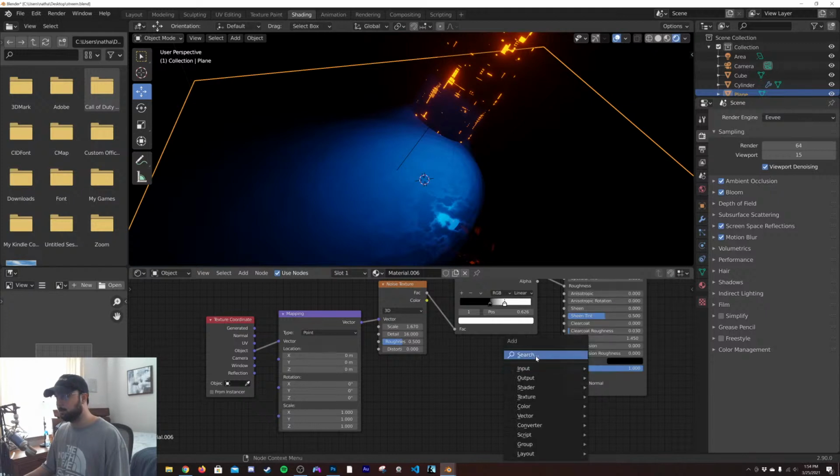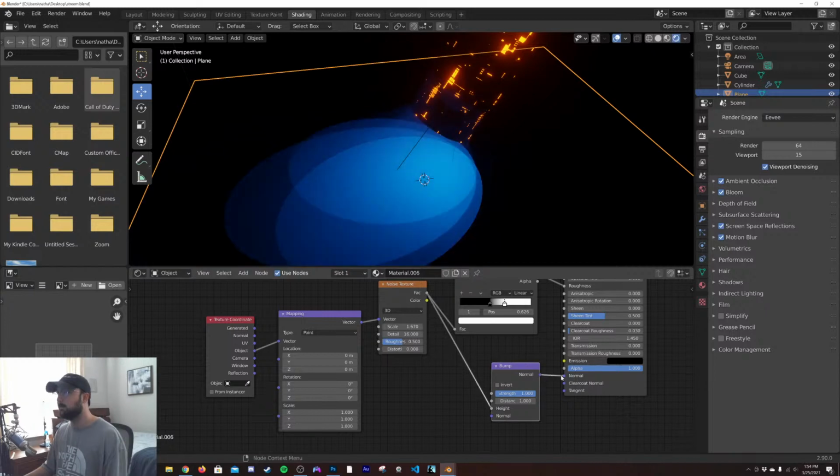And we'll get some bump as well. We want the light to be dancing around some stuff and kind of see around. It's way too much.